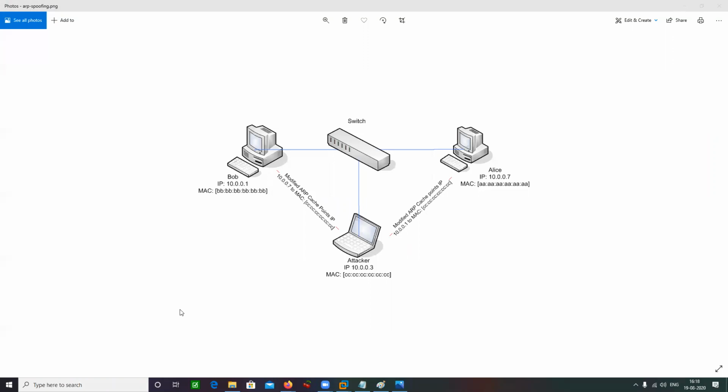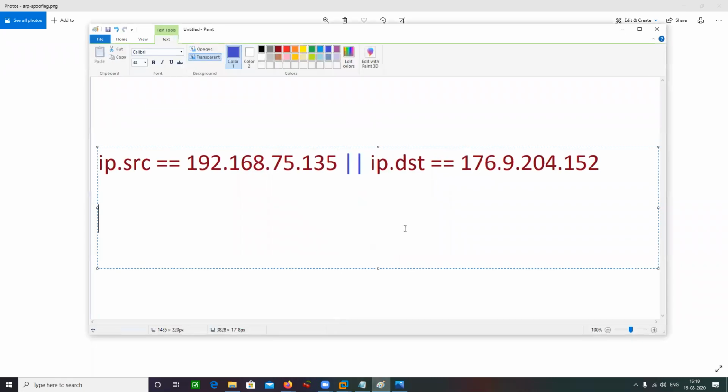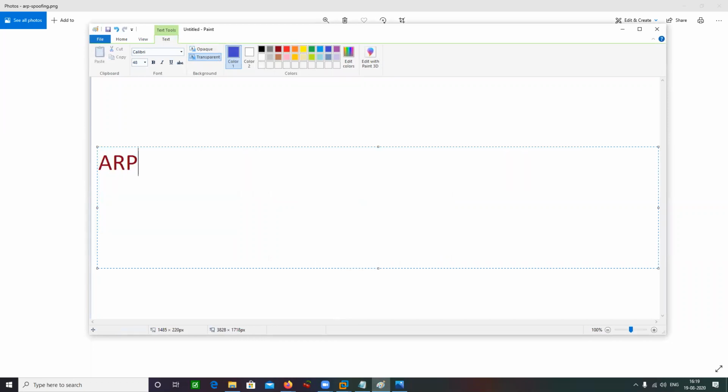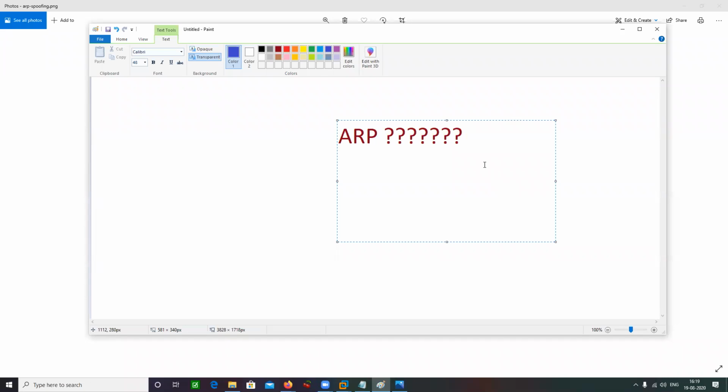So first of all, what is the ARP protocol? Who is going to tell me? What is the ARP protocol? Right, that is the full form for ARP.